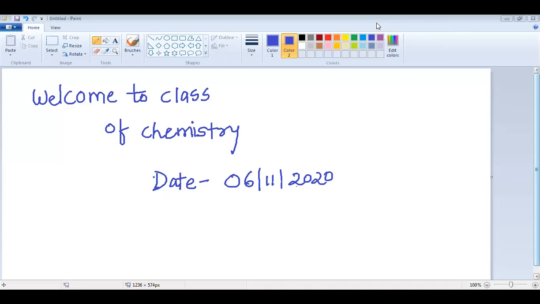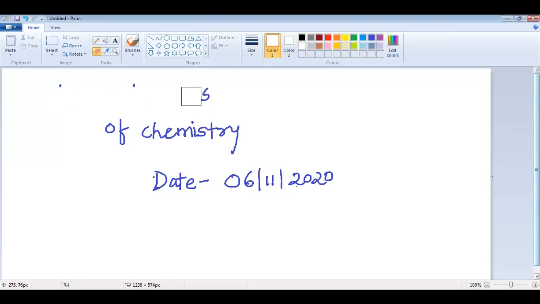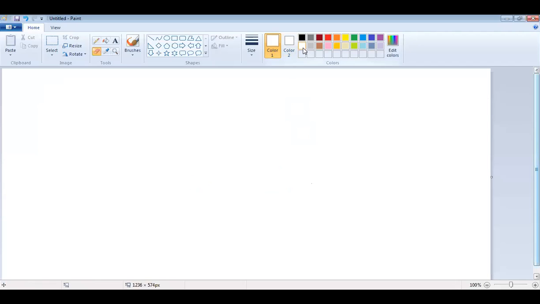In the previous class, my dear students, we have studied about the type of bonds. We have studied two types of bonds. Do you remember which two types of bonds we studied about? Yes, sir. We have studied about covalent bonds